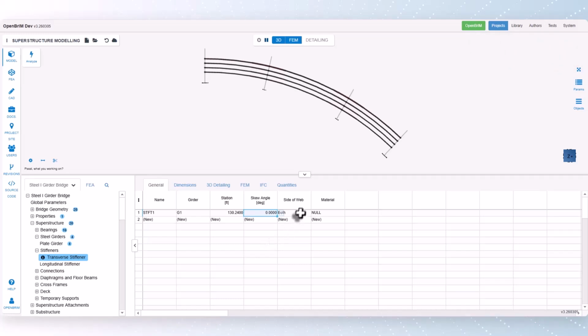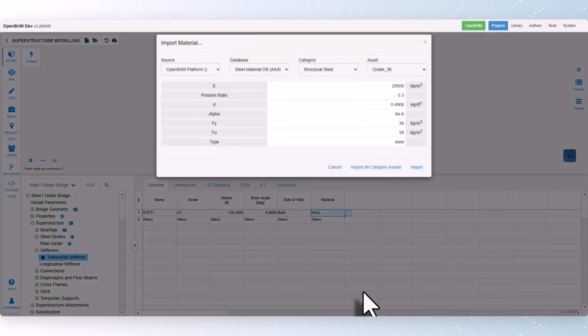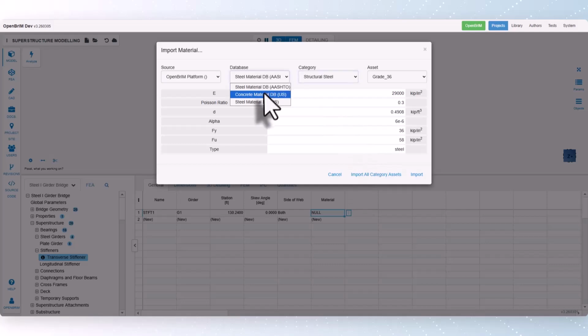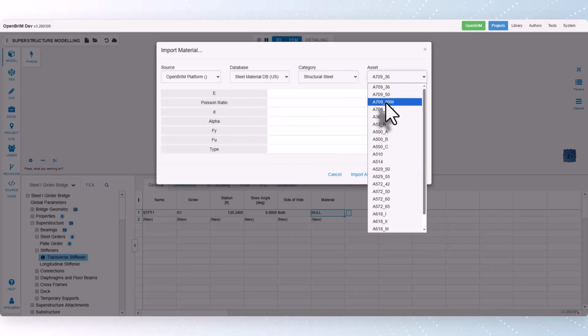The side of web parameter defines the placement of the stiffener relative to the web when viewing stations along the PGL, allowing selection of the right side, left side, or both sides of the web. For material definition, the Steel Material Database, US, is imported as previously described, and a 709 grade 50W is selected